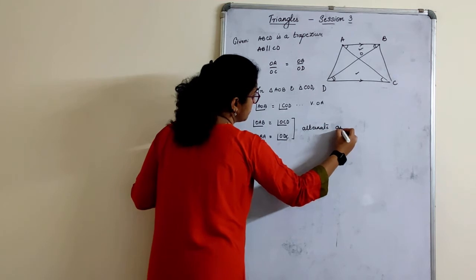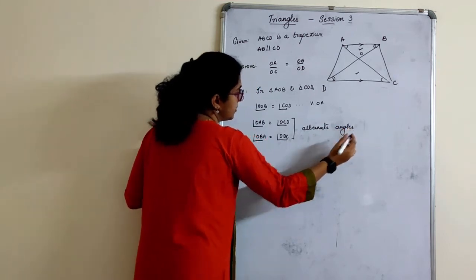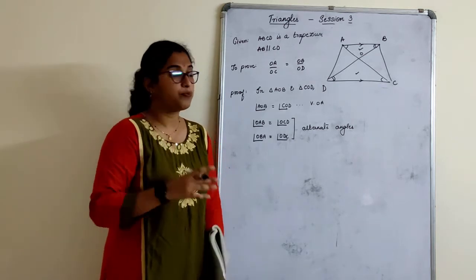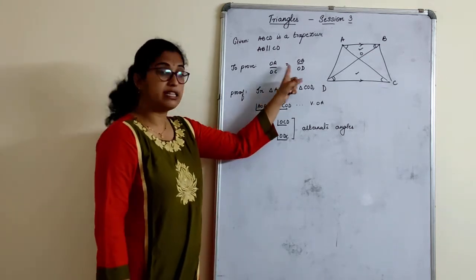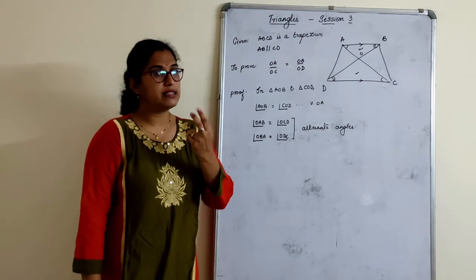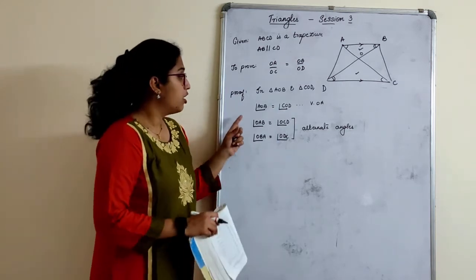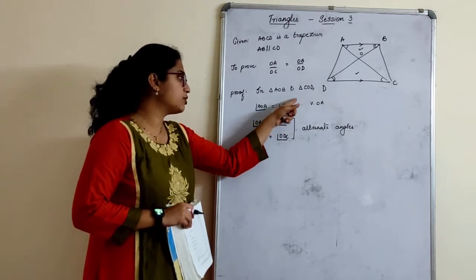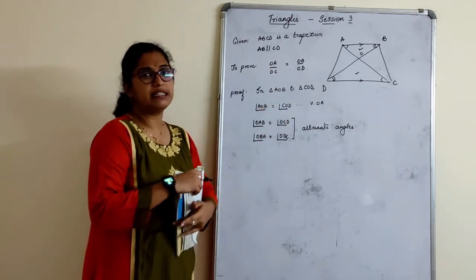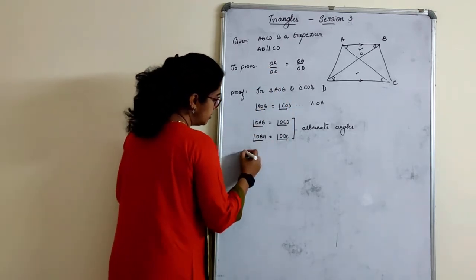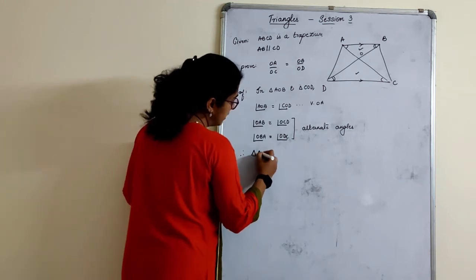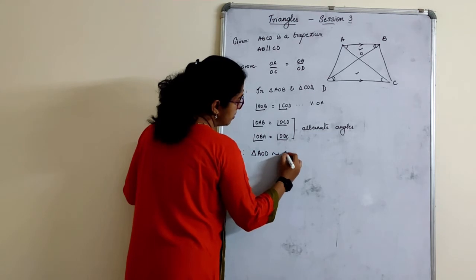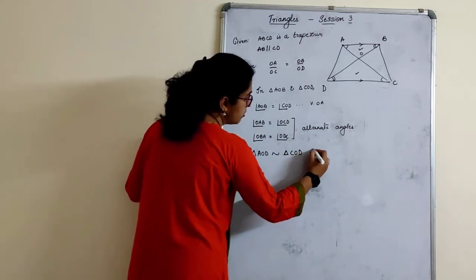Alternate angles. Now, always remember, you can prove similarity by AA or AAA. Here they have given two sides proportional, which means two angles are there, and that is more than enough for us. Then I can prove this by AA criteria. This was actually not required, but if you have written it, keep it as it is. So, therefore, triangle AOB is similar to triangle COD.